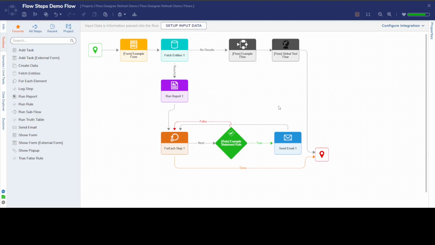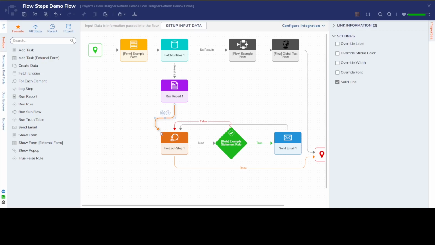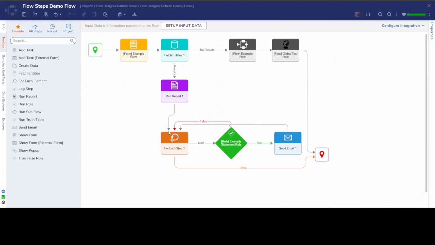Another new update and change to the way that steps work and connect are the different pathways and the way that the pathways can enter steps. In previous versions, you may have noticed that when I had multiple paths trying to enter the same step, they overlapped very easily, and I had to adjust where they entered if I wanted to make sure that they were entering on a different side of the step so they didn't overlap. Well, that has also gone away, and there's actually some great designs to allow it to expand and